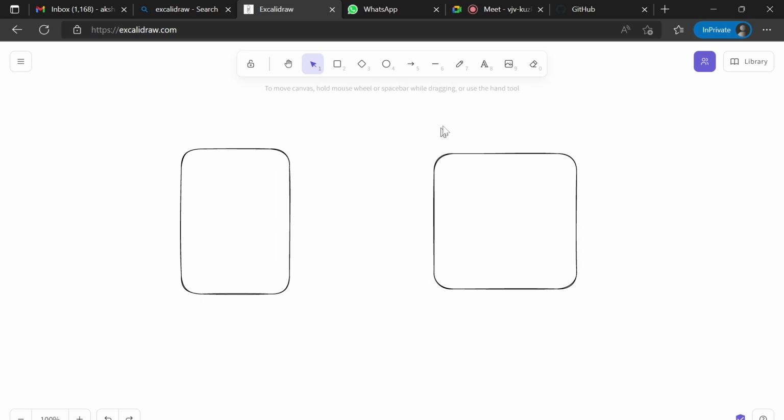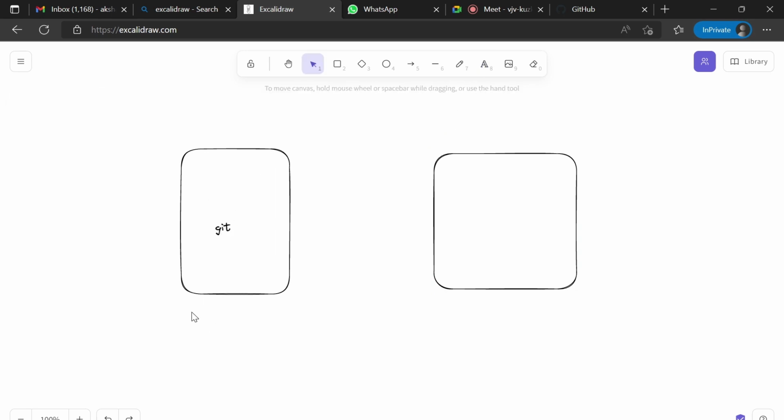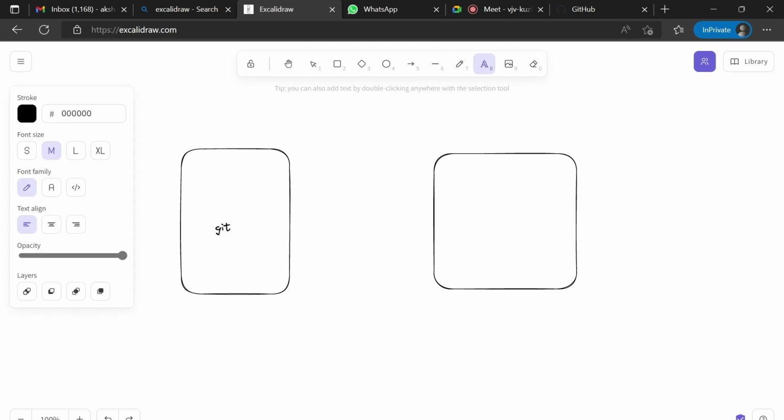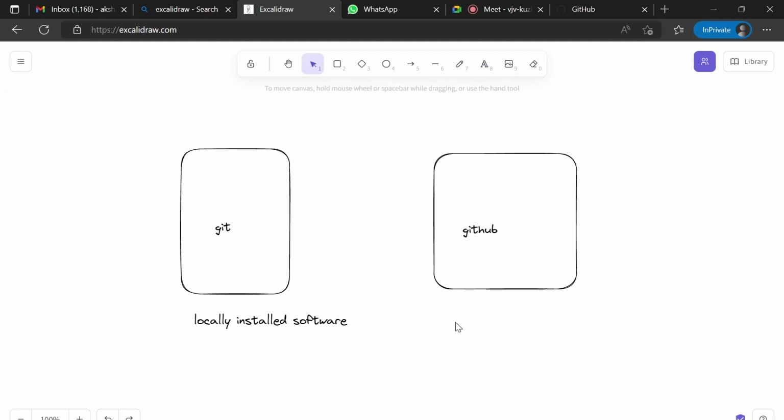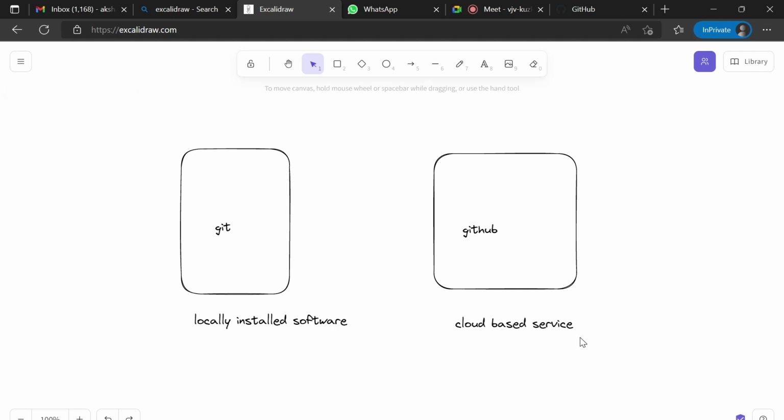When we talk about Git, Git is locally installed software. Okay, it is locally installed software, while GitHub is a cloud-based service. Cloud-based service means it is available over the internet, available over the cloud. Meaning